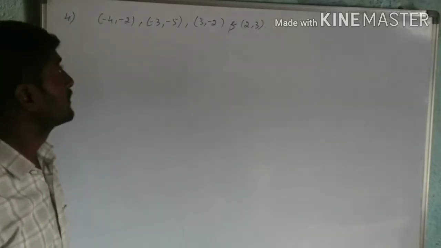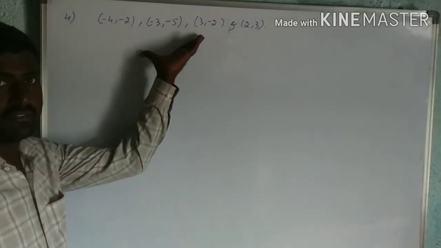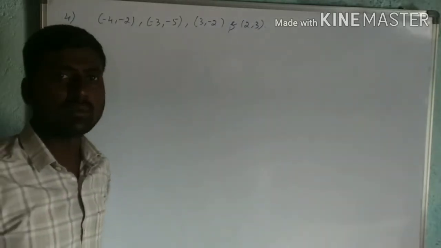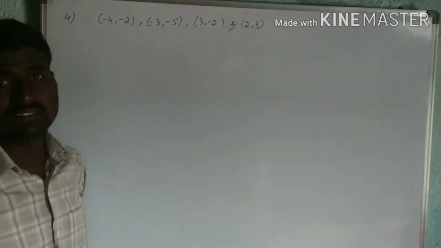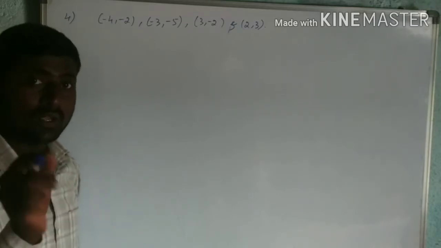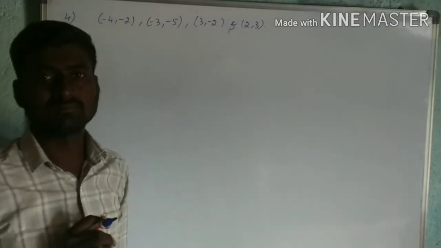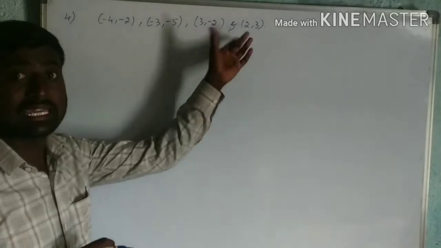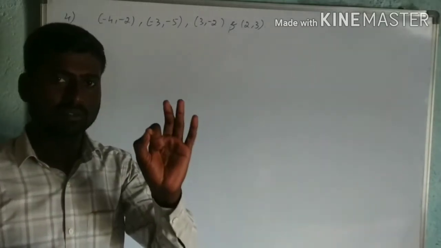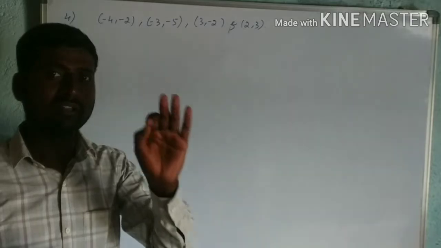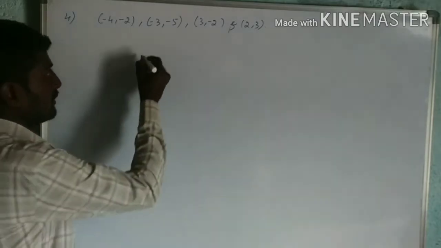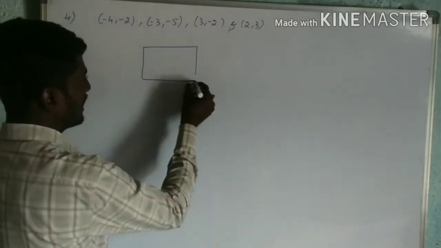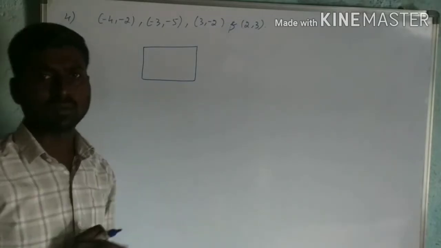Then fourth one, find the area of the quadrilateral formed by the points taken in order. So these are the vertices of the quadrilateral. We have to find the area of the quadrilateral. Okay, find the area of the quadrilateral formed by the points A, B, C, D taken in order. That is important. So you should take them for a quadrilateral in order only. Okay, so let us take that quadrilateral. Either it may be a rectangle or square, whatever it may be. So for understanding purpose, I will draw one quadrilateral.